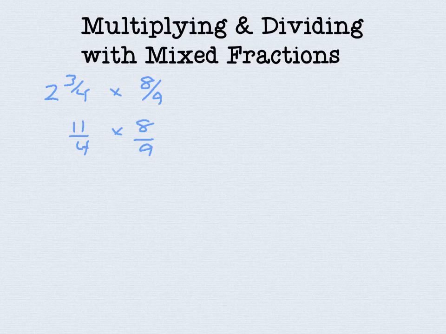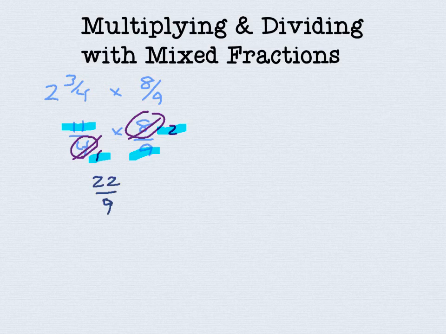You can do it one of two ways. You can reduce first, or you can reduce second. If you were to reduce first, when I scan for all numerators and denominators, I see one set. In particular, I see the 8 and the 4 as having a common factor of a 4. What you're left with is 11 times 2 on the top and 9 times 1 on the bottom. So you're back down to 22 over 9,